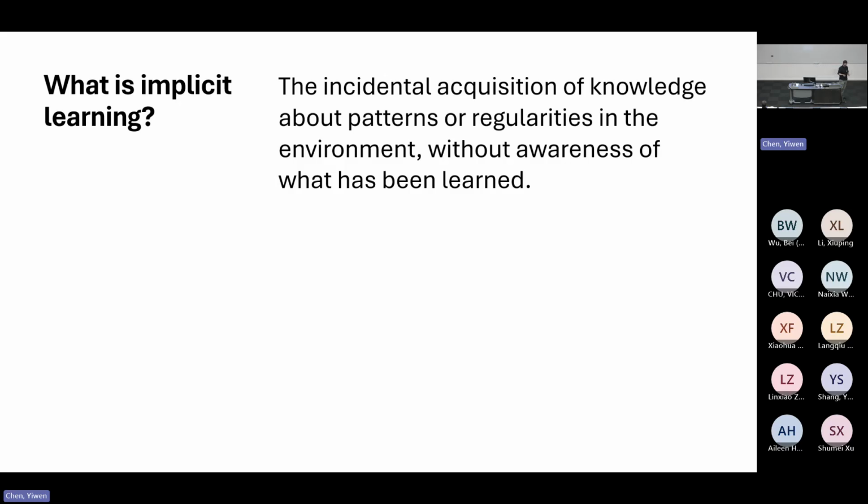The incidental acquisition: incidental means you don't know what you're supposed to learn. You just pick it up from the environment. It's not intentional, it's incidental. And the other important feature is that it's about patterns or regularities. This could be, for example, associations between sounds and meaning, or it could be grammar. And the third component here,